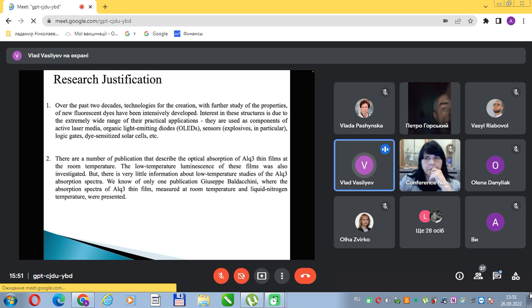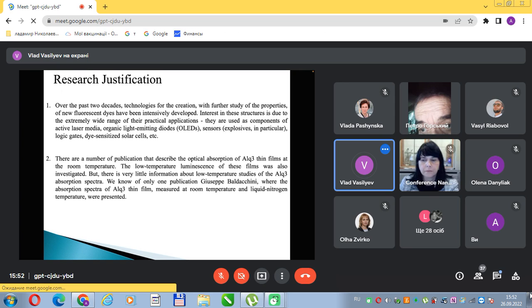Interest in these structures is due to the extremely wide range of their practical application. They are used as components of active laser media, organic light emitting diodes, sensors, explosives, in particular logic gates, dye sensitized solar cells. There are a number of publications that describe the optical absorption of aluminum Q3 thin films at